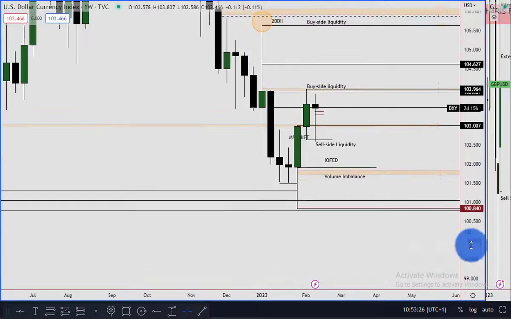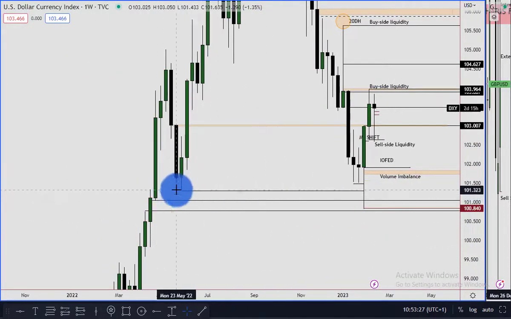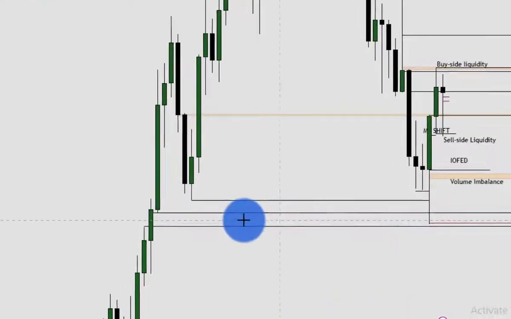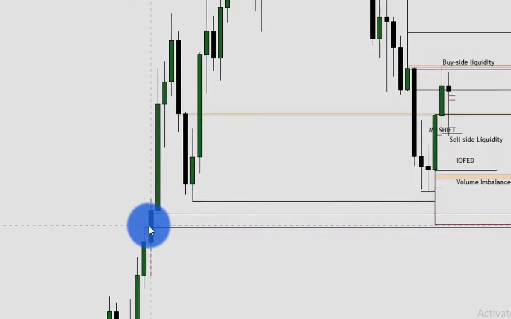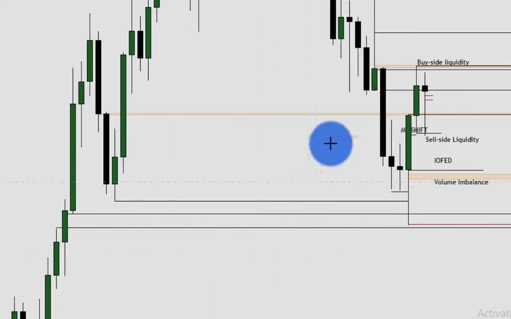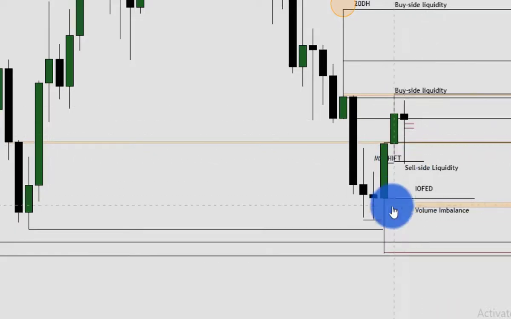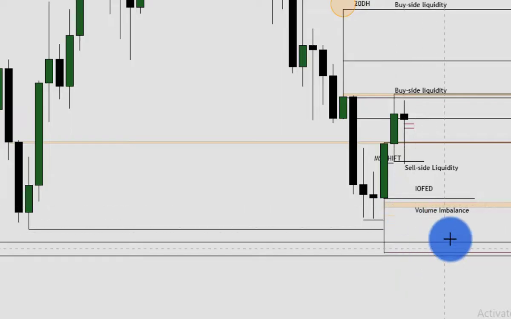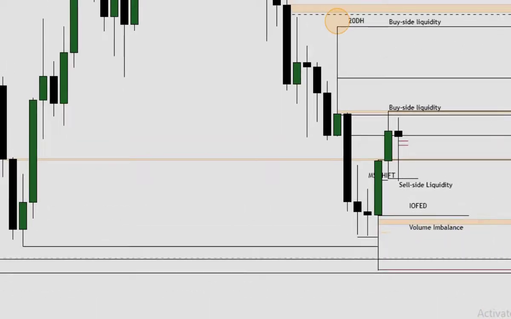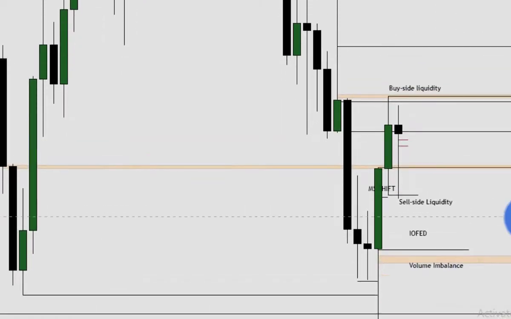As you can see, previously price raided the sell side liquidity residing below this previous old low and traded into our buy side imbalance and a sell side inefficiency by the left here. So price traded into that after taking out sell side liquidity, and we see an impulse swing to the upside. Price has also formed a swing low here, okay, and in the last 3 weeks we see a bullish institutional